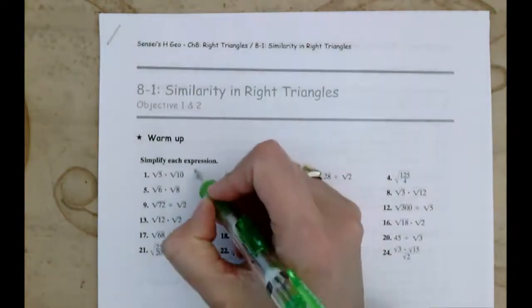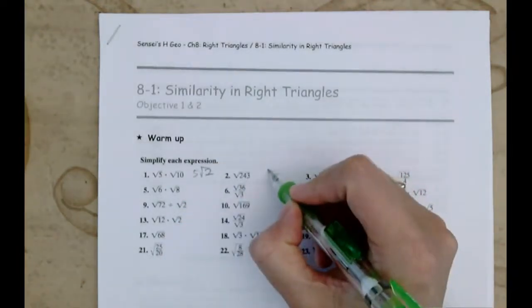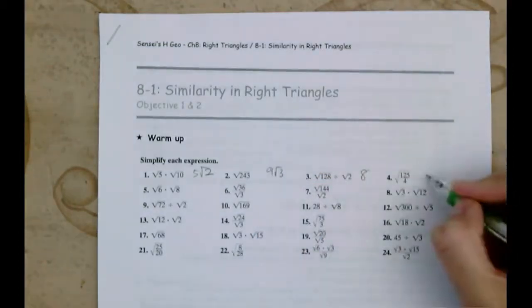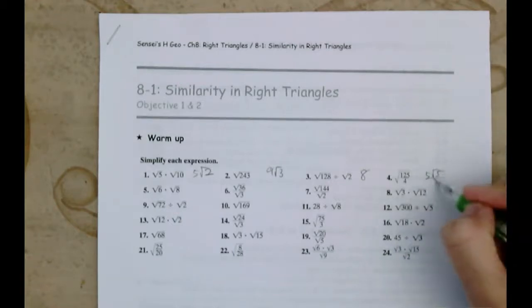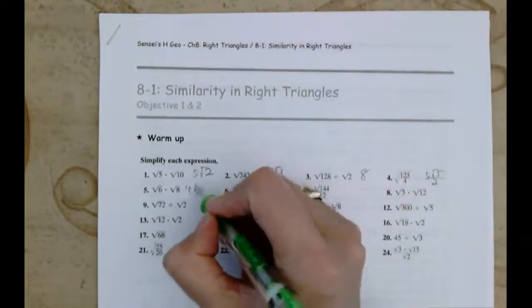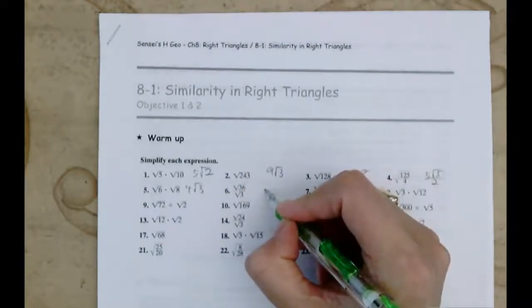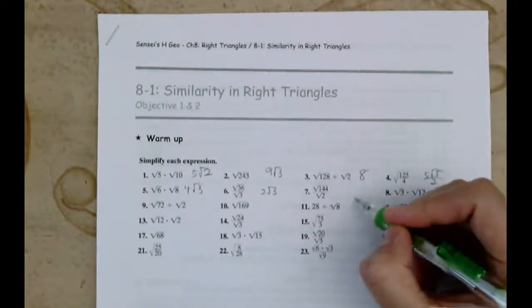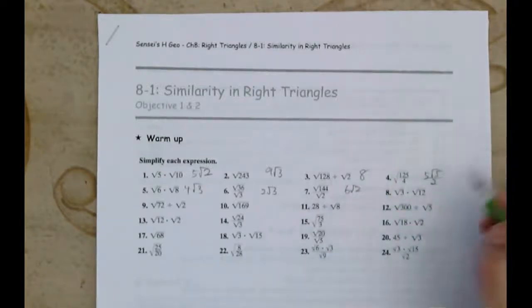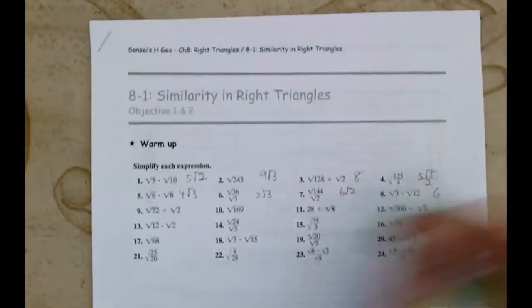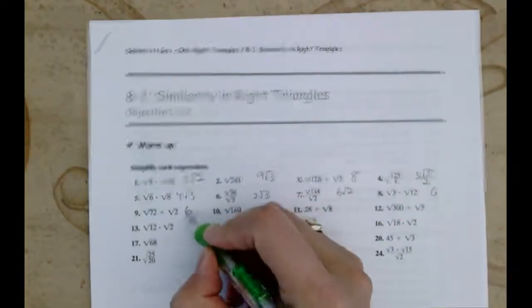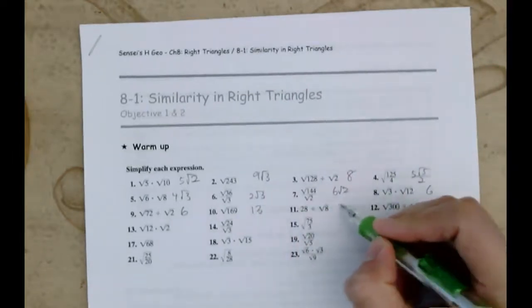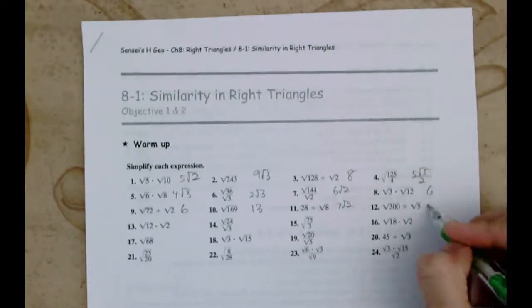So the first one is 5 root 2, the second one is 9 root 3, this one is 8, this one is 5 root 5 over 2, this one is 4 root 3, this one is 2 root 3, this one is 6 root 2, 8 is 6, 9 is 6, 10 is 13, 11 is 7 root 2,